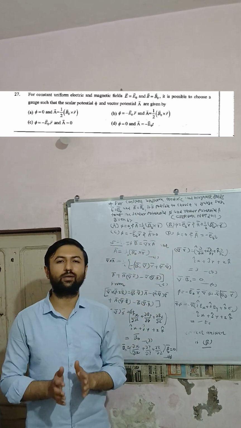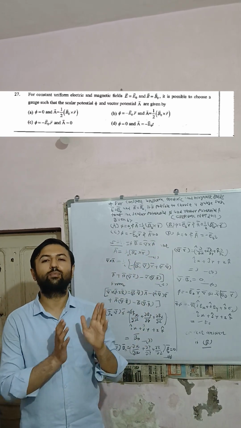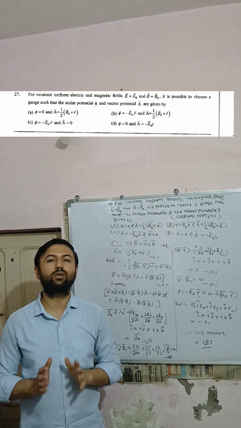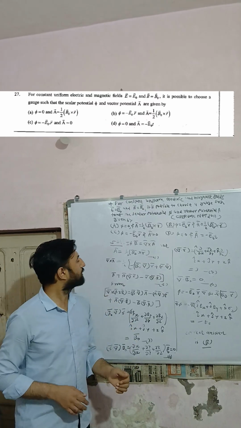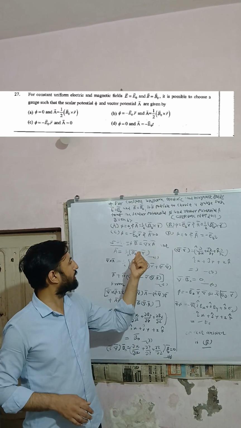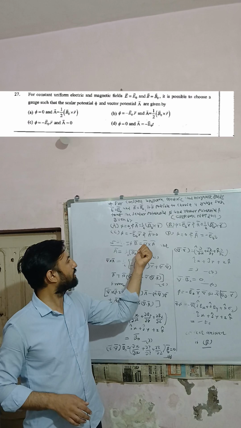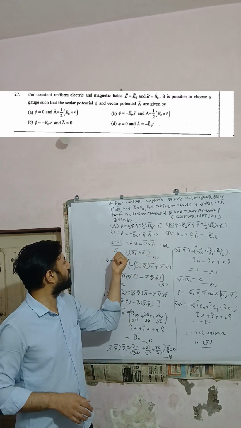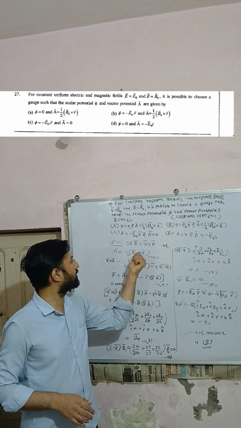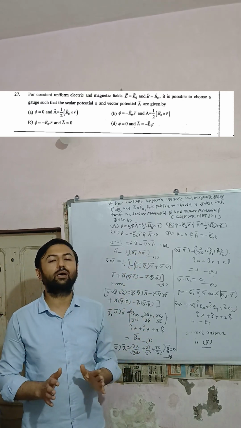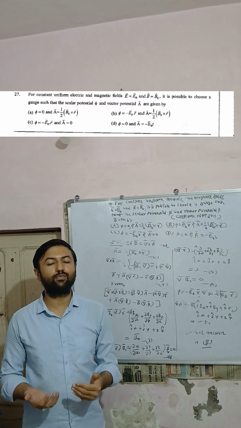You have to find the correct answer from these options. Let us see how one can solve this question. Since the vector potential is defined by the equation vector B equal to del cross A, and if we consider A equal to 1/2 (B0 cross R),